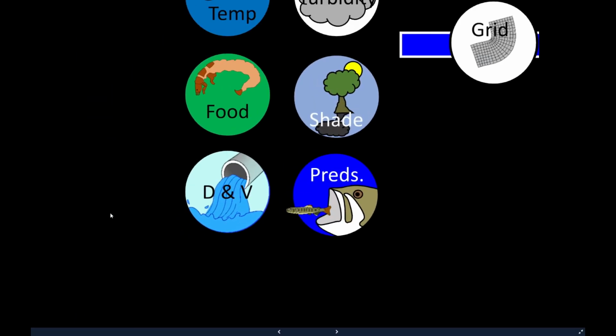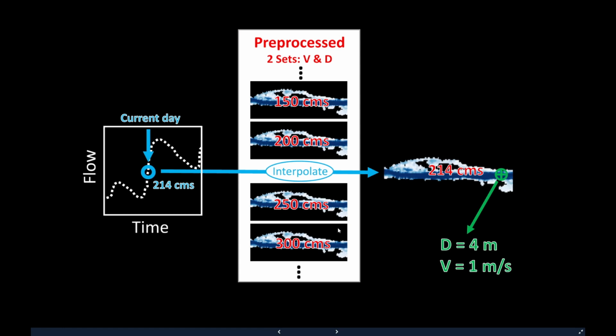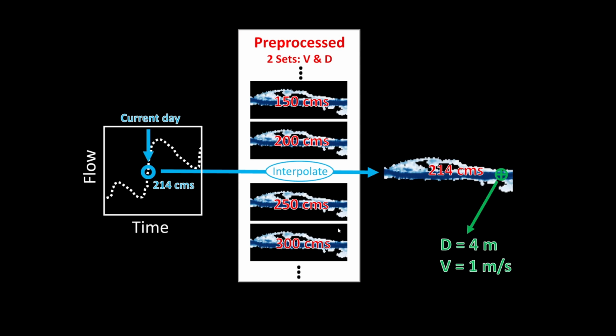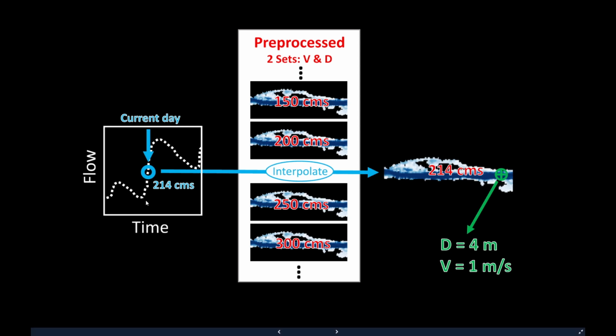Final thing we'll talk about here is depth and velocity. So we want to get depth and velocity at every cell point on the river. And what the user is going to input is actually the flow. So they'll have a time series of flow data, which they get from a hydrograph, or perhaps they just are going to use one of our built-in models that can do distributions of flow based on some statistical parameters. But either way, every day there's a different flow for